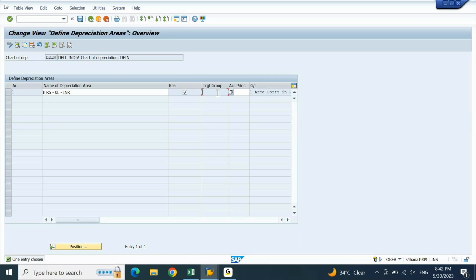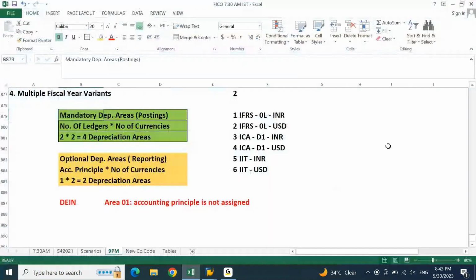Now you have two ledgers, one leading, one non-leading, correct? Yes, sir. Let's say you have another ledger requirement. One ledger is for Indian Income Tax and the Indian Companies Act, one for IFRS, and a third for some other reporting under another accounting principle, US GAAP. So one I'll say ICA, next GAAP, next IFRS.